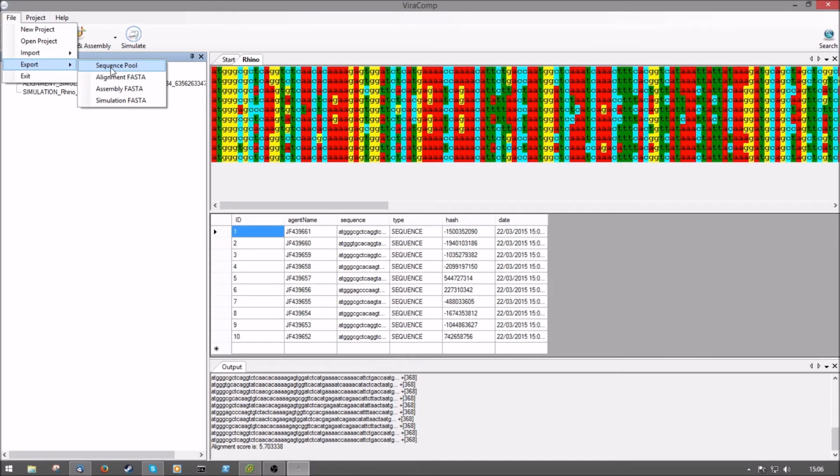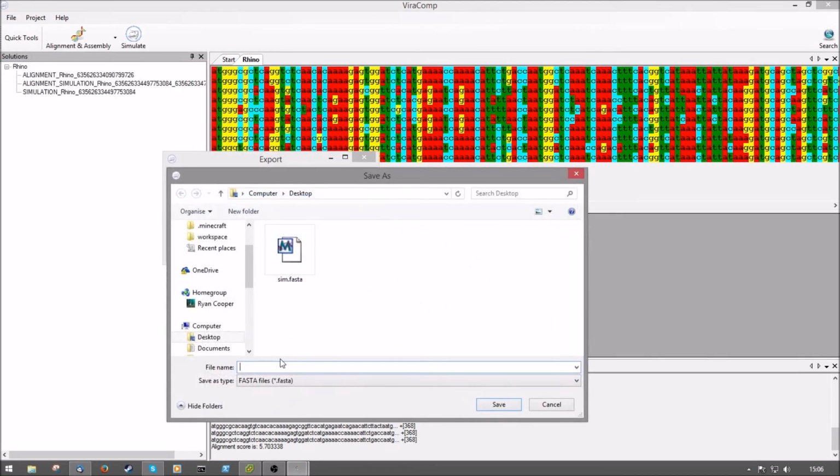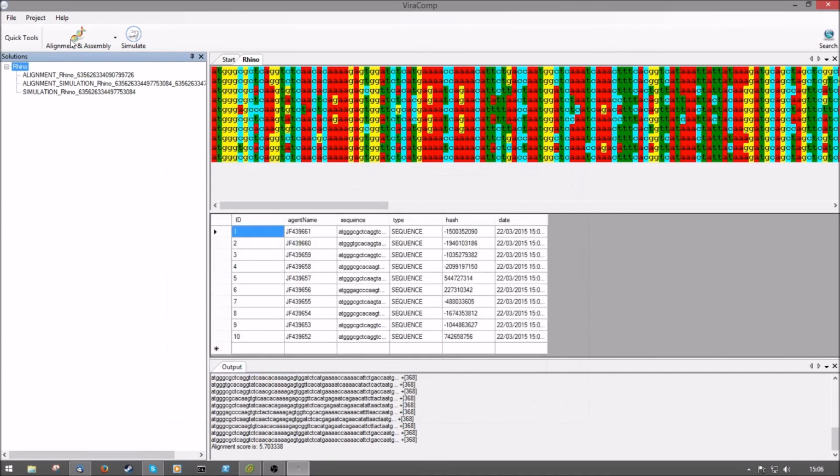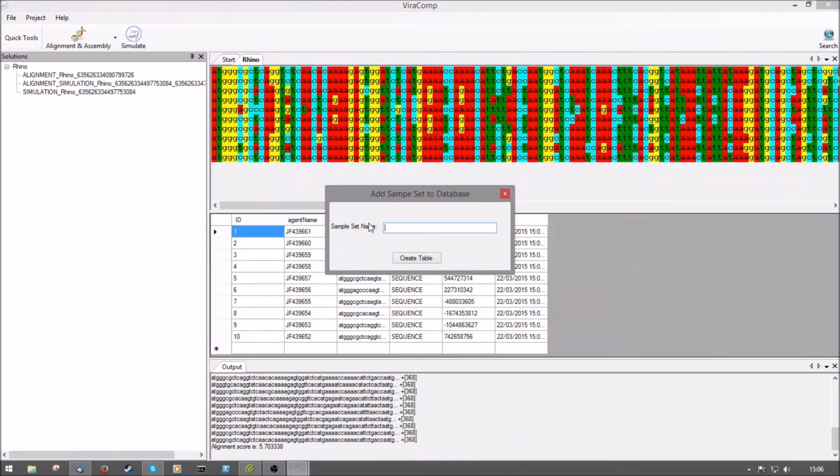Say if I wanted to export our original Rhino pool, I would just go export sequence pool, and then I would export it to my desktop or wherever I want to save it, and it exported in FASTA format. I can import new sequences to this project. Say I can rename this one